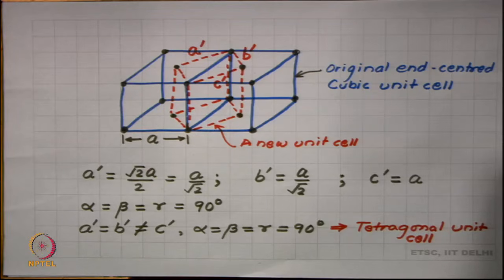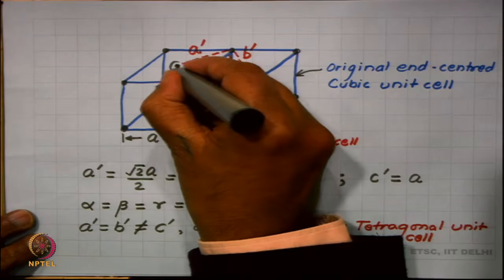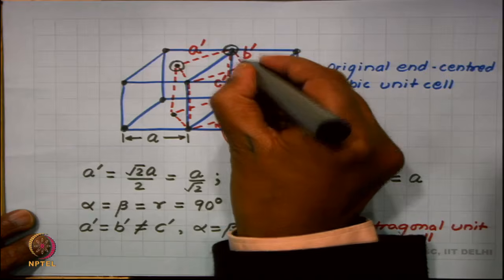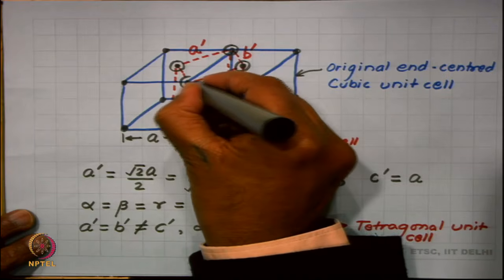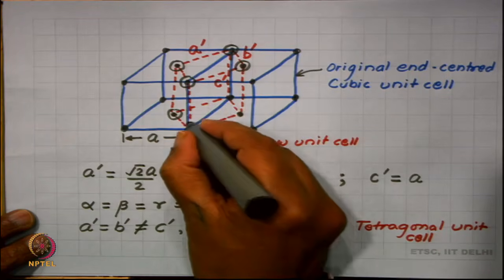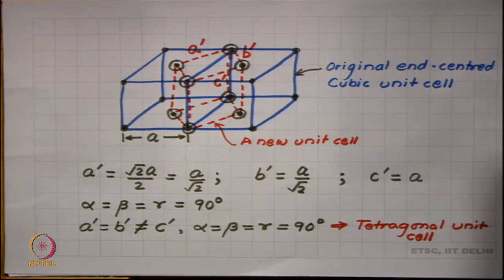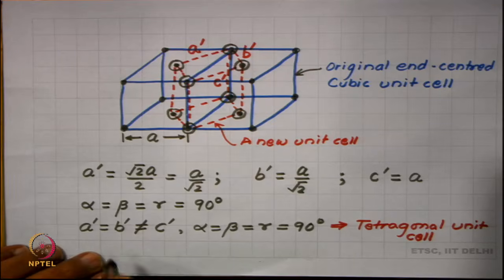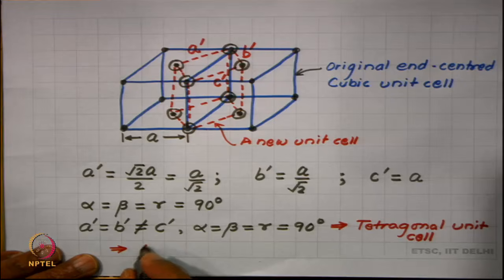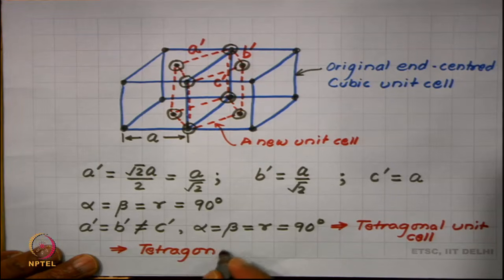And if you look at the lattice points, you find that lattice points are only at the corners. So, this is a primitive tetragonal, which means what we have here is a tetragonal P unit cell,